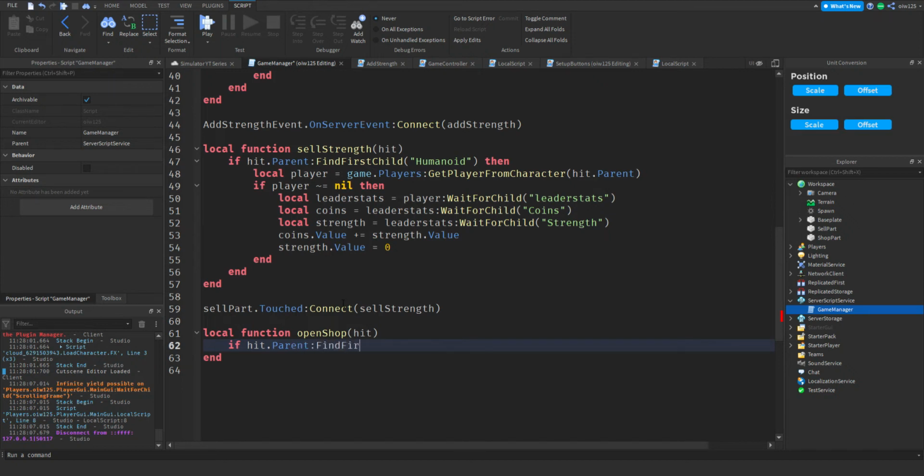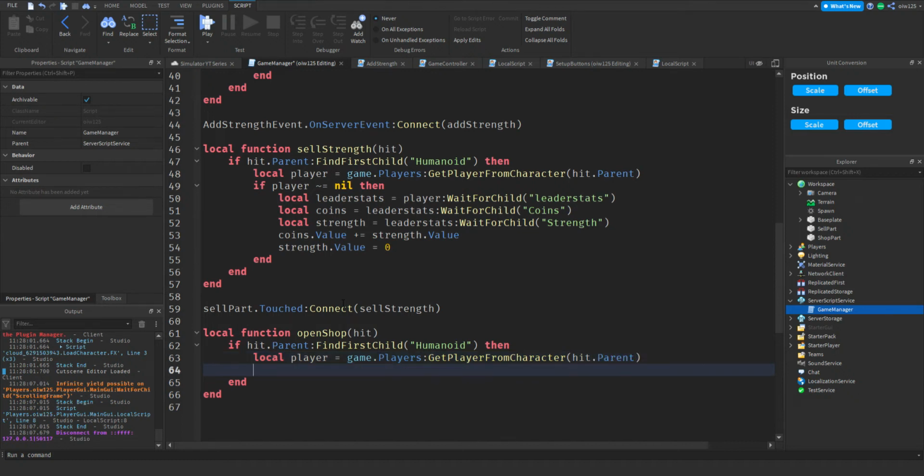So if hit dot parent find first child humanoid, then this checks if it's a player. Local player equals game.Players get player from character hit.parent. And just to double check, we can check if there's a player. So if the player is not equal to nil, then